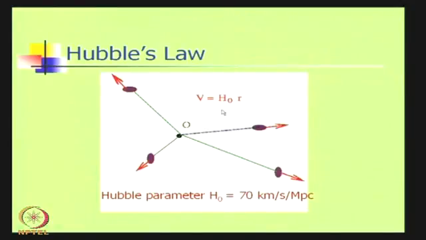So, V is equal to some constant into R, and this constant goes by the name of the Hubble parameter H, okay. And at present it is believed that the value is 70 kilometers per second per megaparsec, okay. We write it as H naught